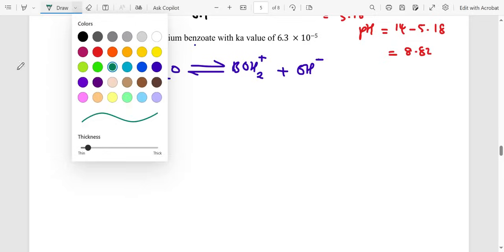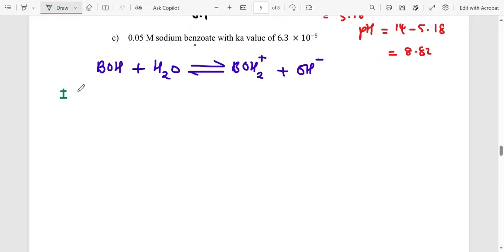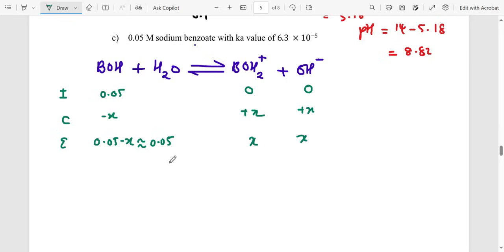So here, in the ICE table, the initial concentration of the base is 0.05. The product is 0. The change is going to be negative x. Products always increase. At equilibrium, 0.05 minus x, which is approximately just equal to 0.05, as you can see, the K is small. This is x, this is x. Therefore, the Ka, for here now,